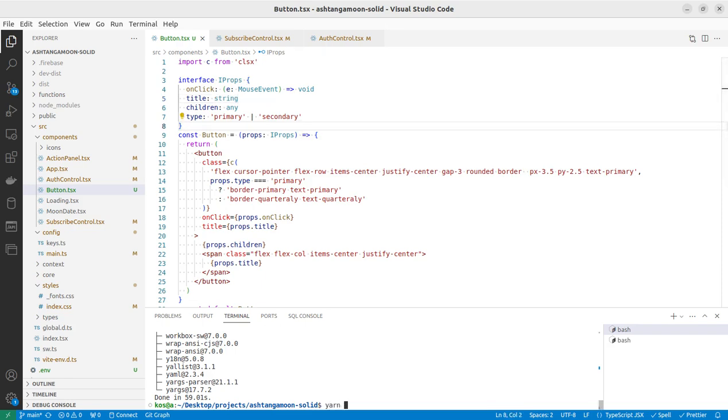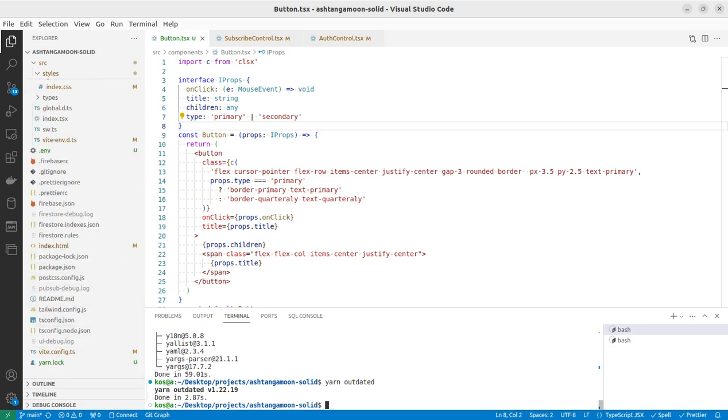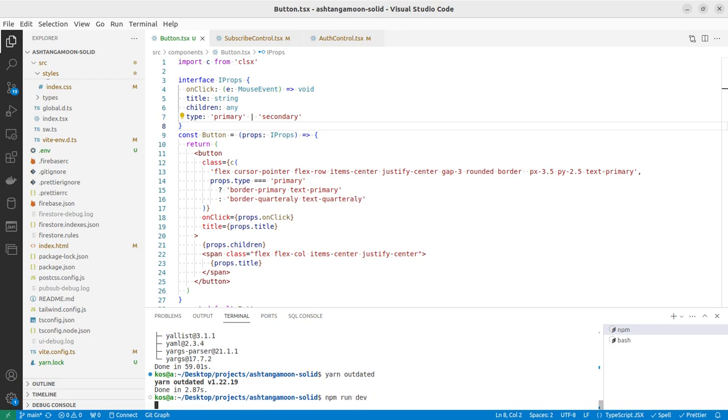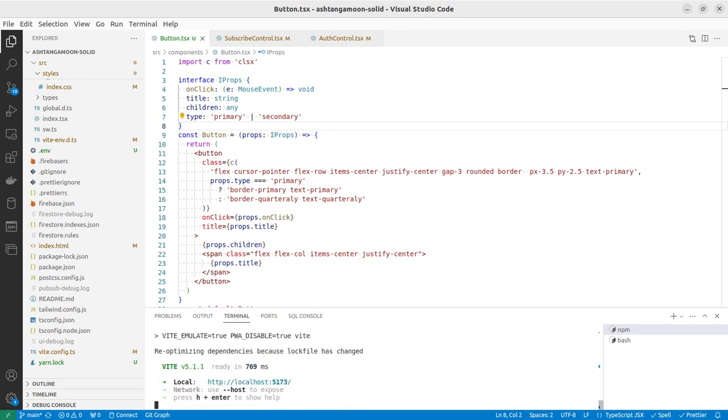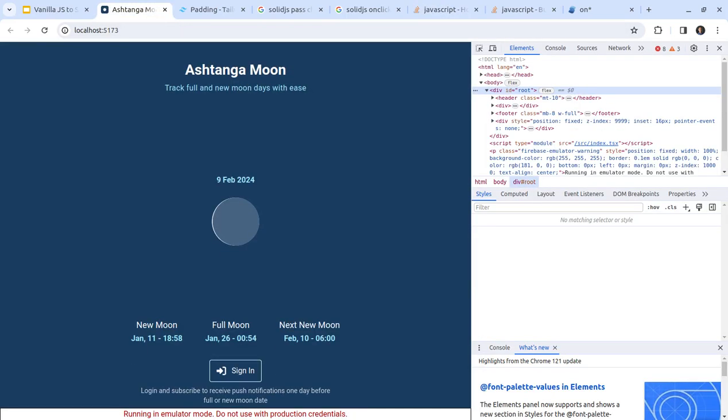So let me check if my dependency is actually up to date. Yes, they are. Now I'm going to run the app to test. Run dev. I forgot I used npm for this project. I just use Yarn for others,